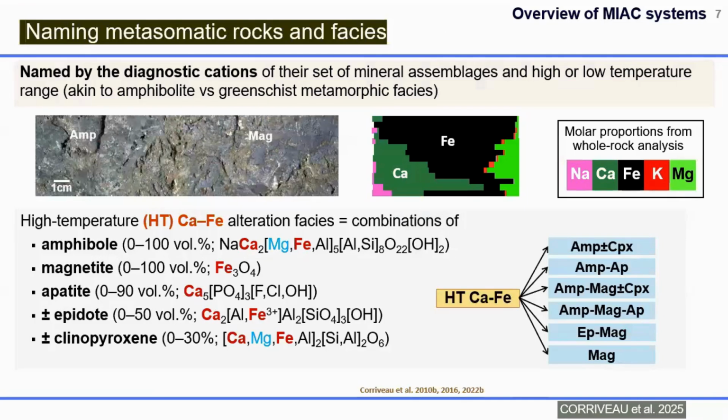We'll be talking a little bit in the presentation about alteration facies or alteration type, which can be used as relative synonyms. So why do we use this concept? We use this concept because when you reach a certain stage of evolution of the system, many different assemblages of minerals can be formed. So if we just look at the assemblages of minerals and try to map those,